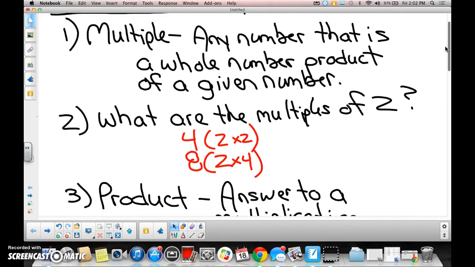Number 2, we talked about multiples of 2 being numbers like 4, numbers like 8, because they are the whole number answer to problems that would be multiplied by another number. There's an infinite number of multiples for every number, because every number can be multiplied by another number, and as we know, numbers go on for